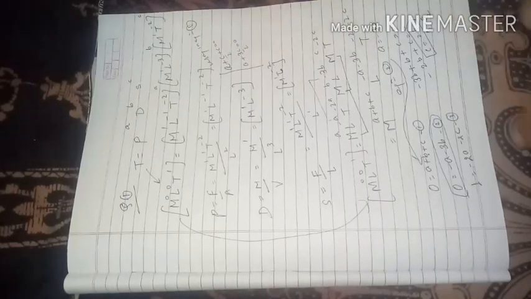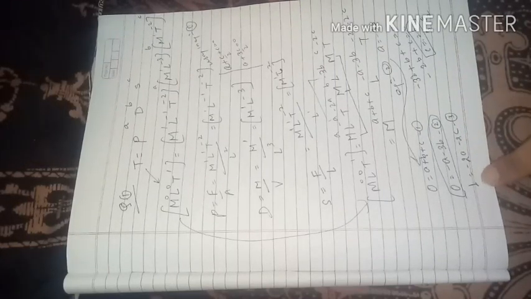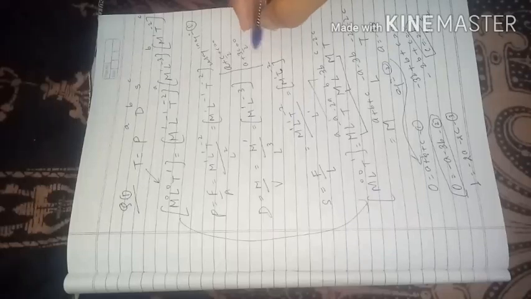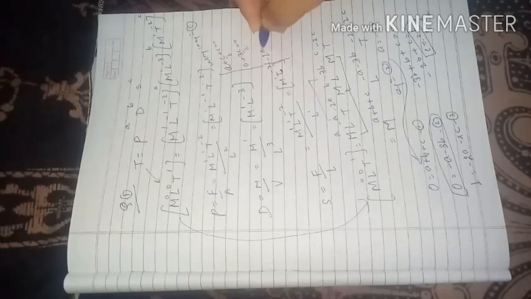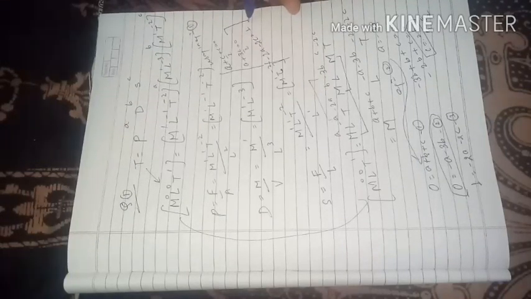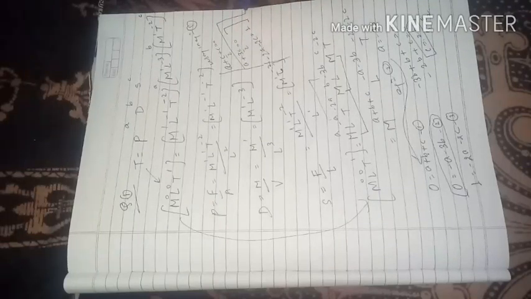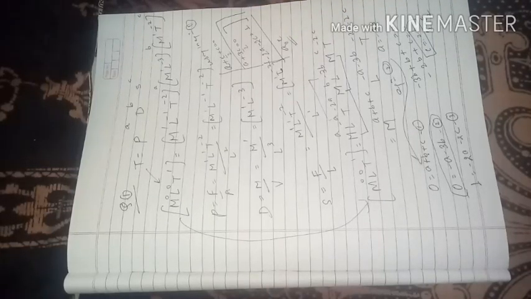This equation, and I have this equation, right? Minus 2A minus 2C equal to 1. So I'll solve these two equations. So these are two equations, right? You can solve these two equations, so I'll not solve it. Also solve it yourself. From here you'll get A and C, and then from here you'll get B. Okay, so this is how you can solve this question.